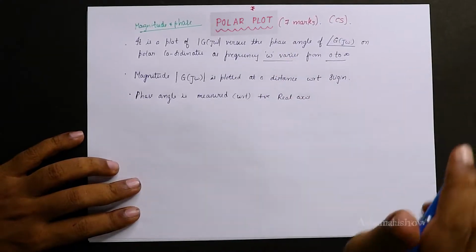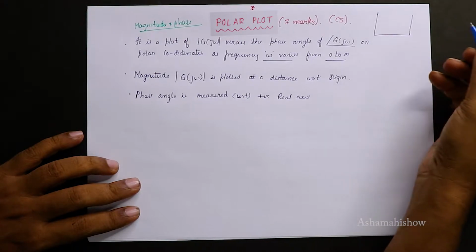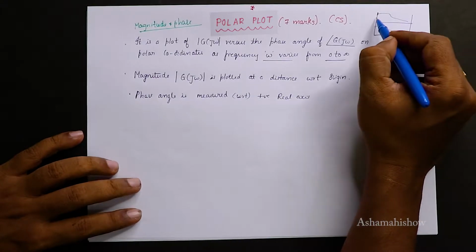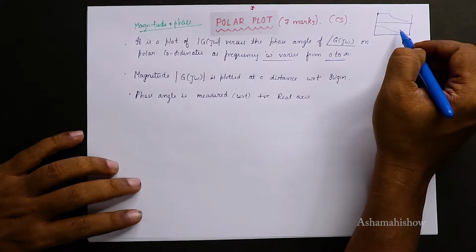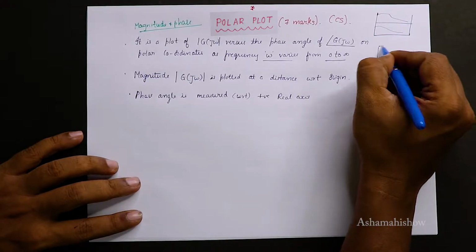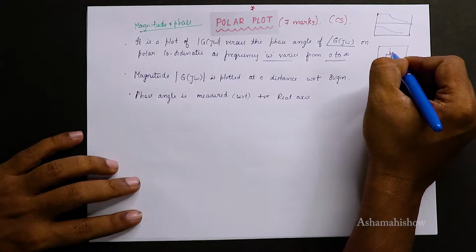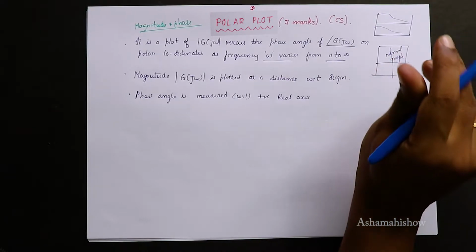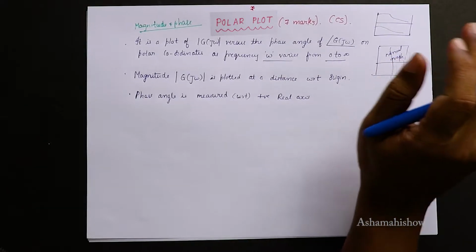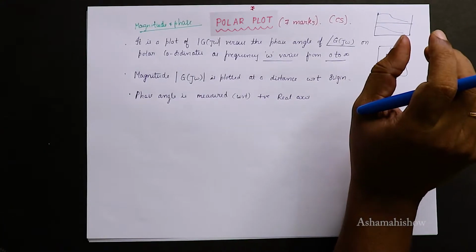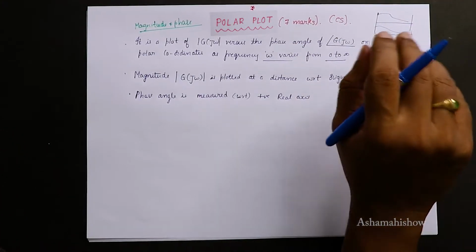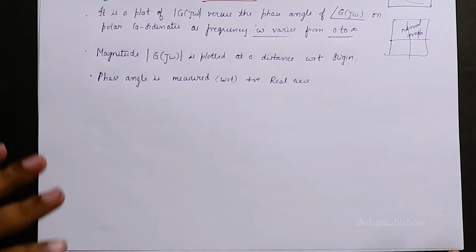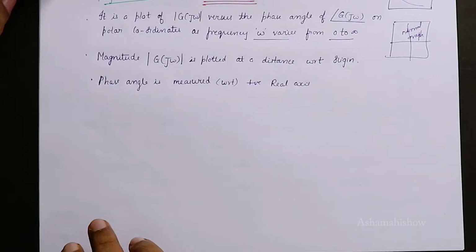So in the Bode plot, we have taken a semi-log graph. In that semi-log graph, we have drawn the upper half as the magnitude plot and the lower half as the phase plot. And then we have drawn the gain margin and phase margin out of that. But here in the polar plot, you will be taking a normal graph. Once you hear a normal graph, you feel like, very good, because in a normal graph all coordinates are equal, all divisions will be equal. So in the polar plot, you will be drawing both magnitude and phase plot in one diagram, together in one ordinary graph itself.